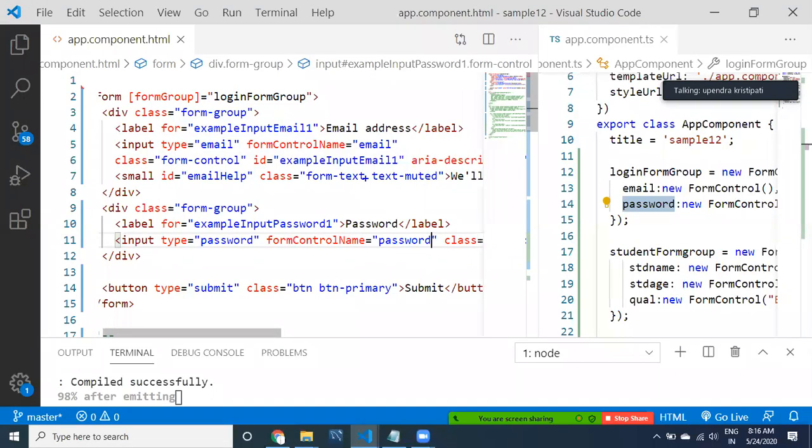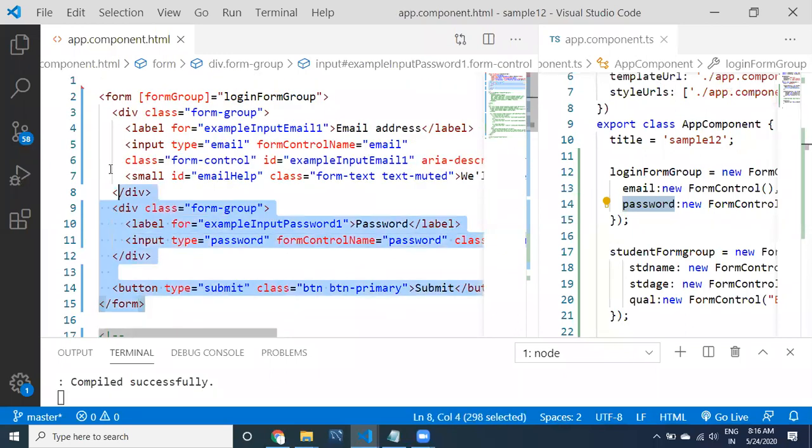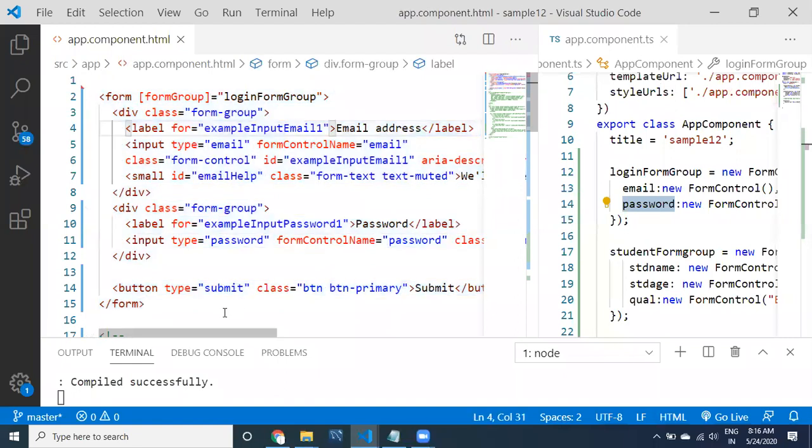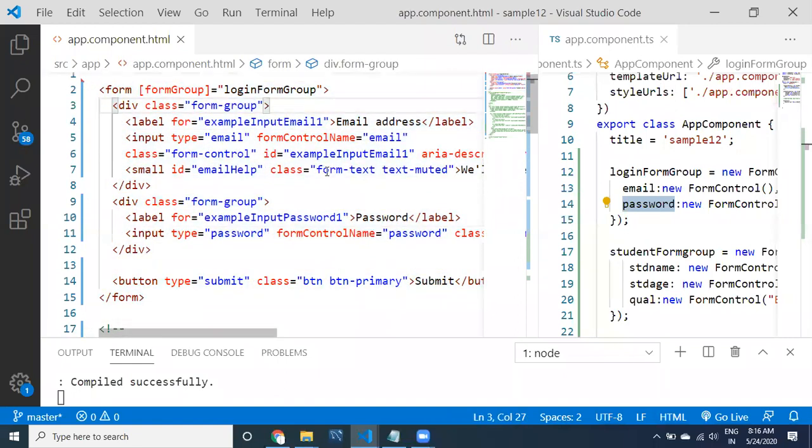Whatever data you enter into this text box will be passed to the form group, and from the form group back to the HTML. That's why this can be called two-way binding. So we have implemented two-way binding using reactive forms, the reactive form group.